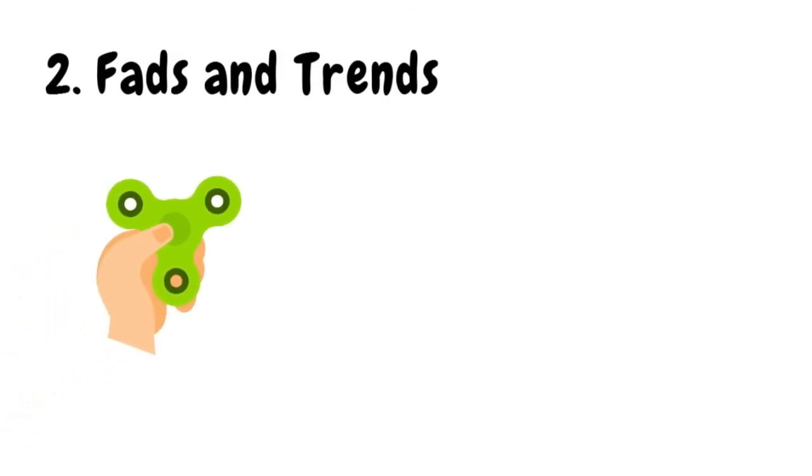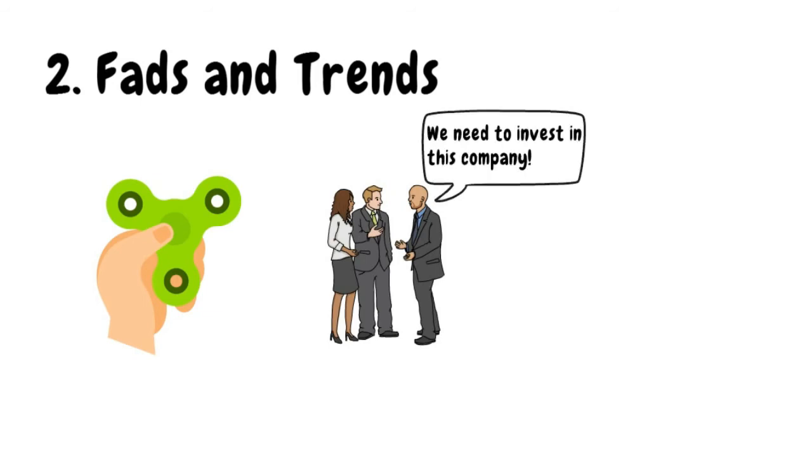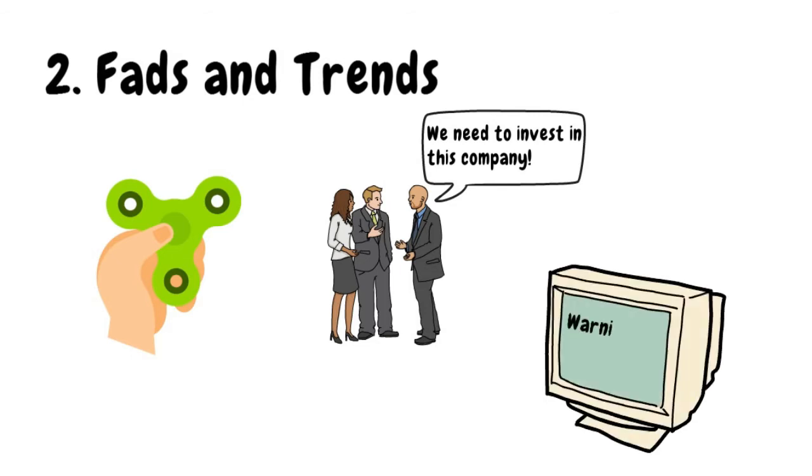Factor 2. Fads and trends. If a company is lucky enough to make a product which, rather inexplicably, becomes the newest fad, then naturally investors will see this and buy up more of its stock. Often, optimism in a new trend can create bubbles in the market, like back in the 1990s when many people were excitedly buying up stock in technology companies, only for the bubble to eventually burst in the early 2000s.